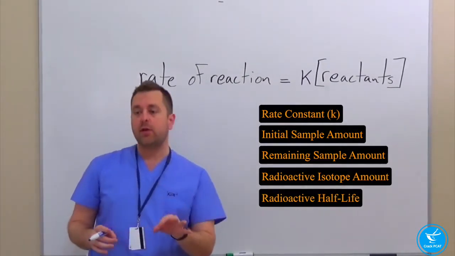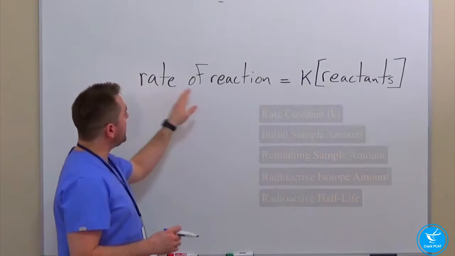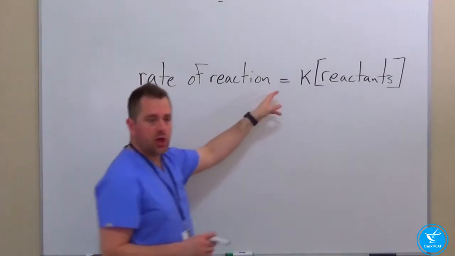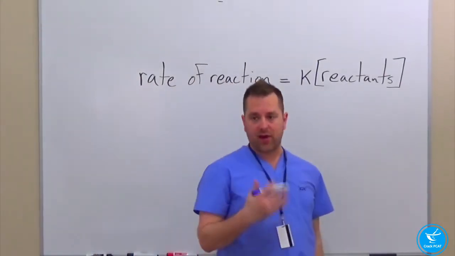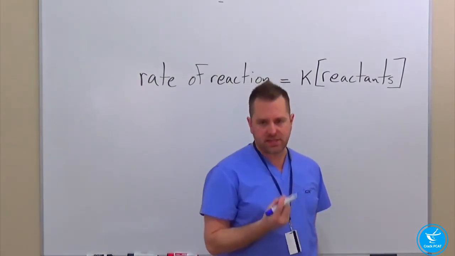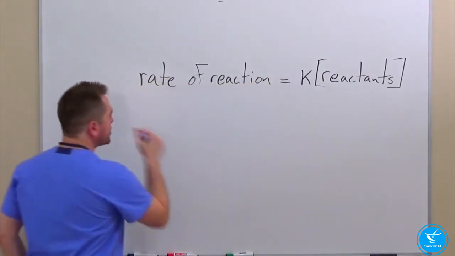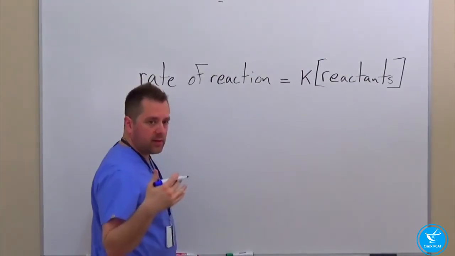Now, for this next segment, we're going to end up using this formula. Rate of reaction equals a constant times the concentration of reactants. But we got to go a little bit deeper here. The rate of reaction is also another way that it's referenced in a lot